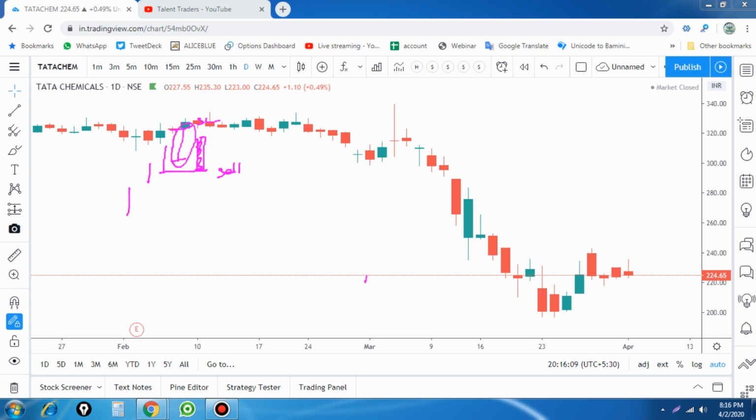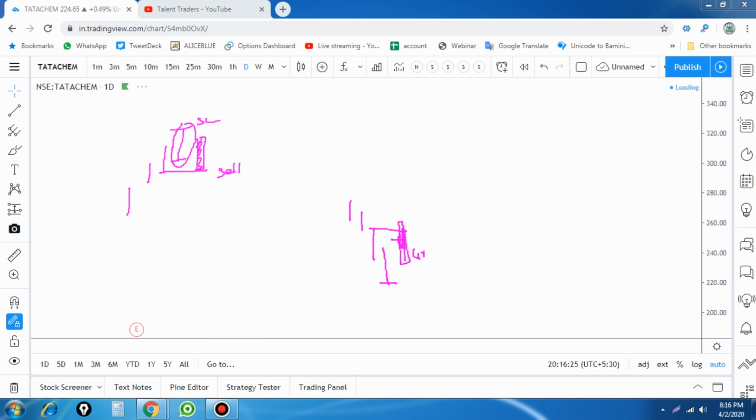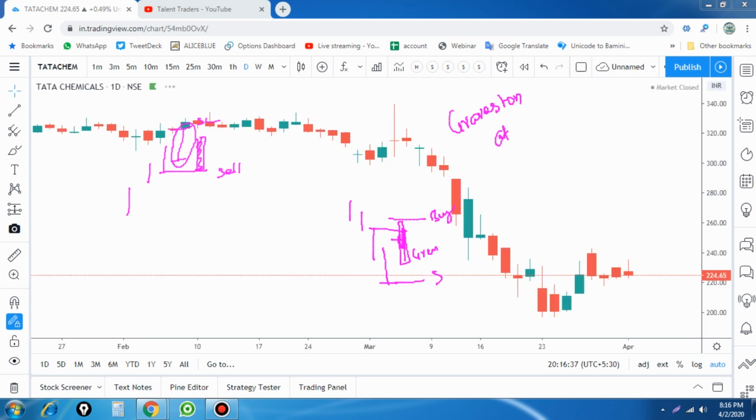And another one, when the stock is decreasing, it looks like this and it forms. So when the next candle breaks above this level, this green candle is your buy opportunity. And this is your stop loss. This looks like the Gravestone doji. So at the top and at the bottom,